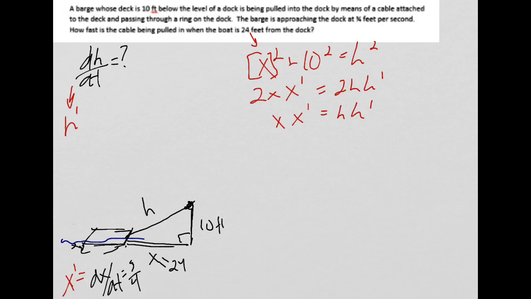So now I want to sub in some values. I know x is 24, so I'm going to get 24. I know x prime, dx/dt, is 3/4, times 3/4 equals, I want to figure out h prime, so h prime is not something that I should know based on just looking at this problem. But notice I need to know what h is. So if you look at this triangle right here, I see 10,